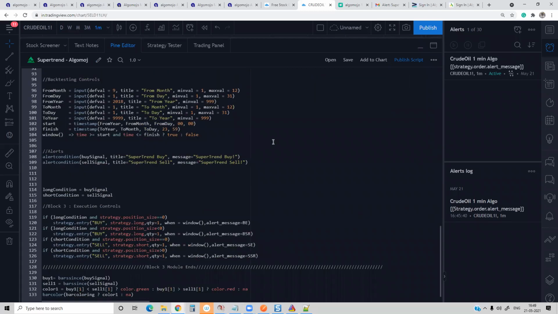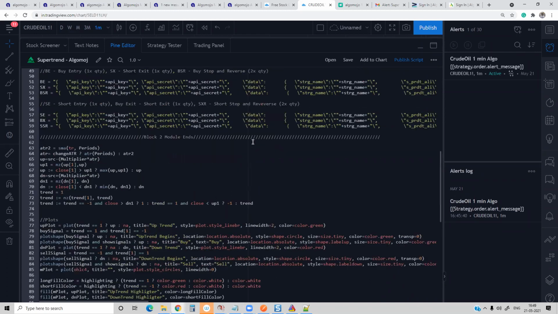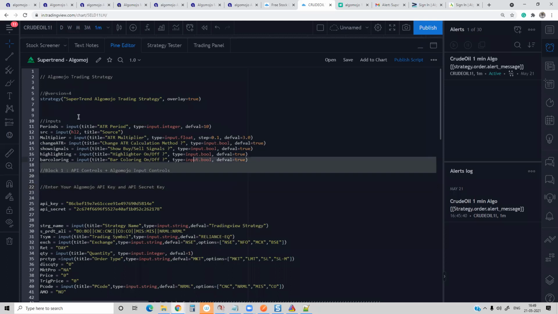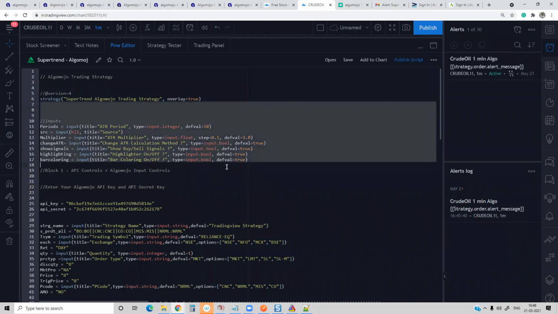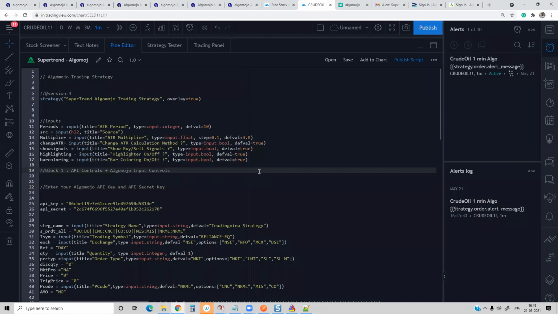Tomorrow I'm going to take a couple of examples and explain those things. You don't need to be a coder to configure all these things, but I'll show you which module goes where, how to create a very simple strategy and how to automate it. That is what we're going to discuss in tomorrow's session. So stay tuned, same time. You can log into the same portal and access the same course.